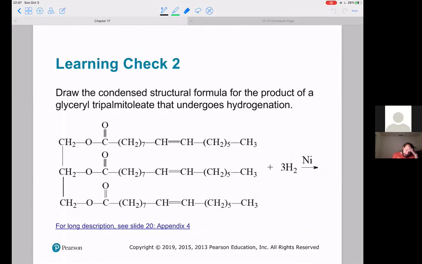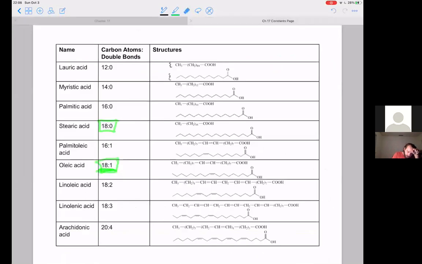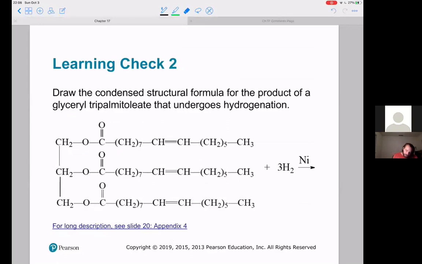Draw the condensed structural formula for the product of tripalmitoleate that undergoes hydrogenation. So how do we figure this out? We're again going to find the fatty acid. Palmitoleate would correspond to palmitoleic acid, which has a 16:1 ratio. Well, what happens if I reduce all those double bonds? Now I'm just at palmitic acid, which has 16 carbons but 0 double bonds. So this would be,